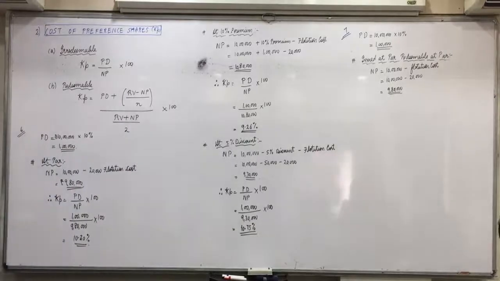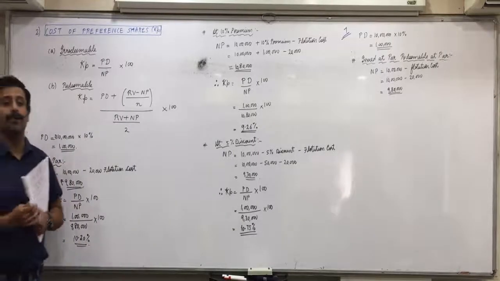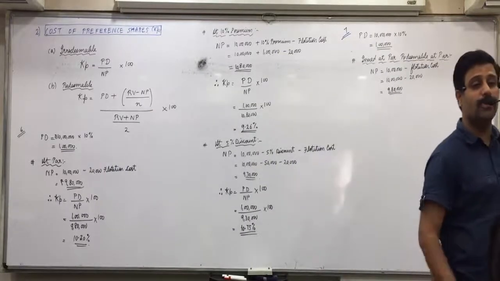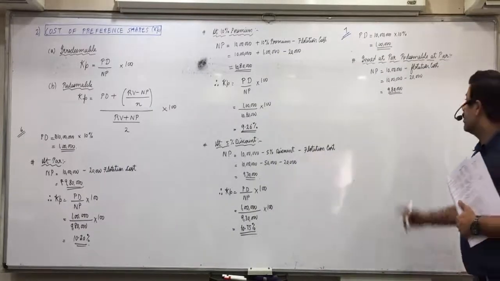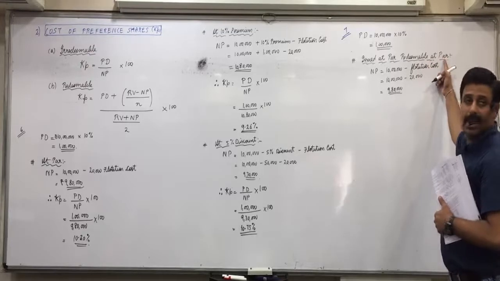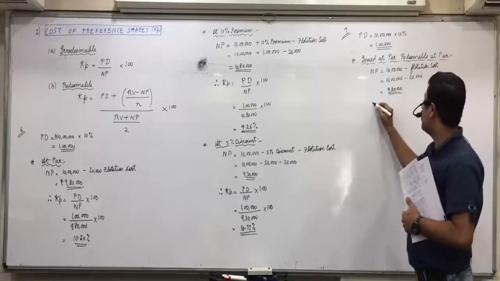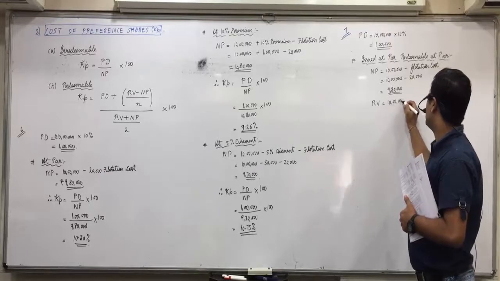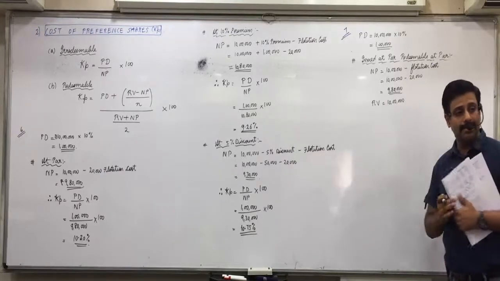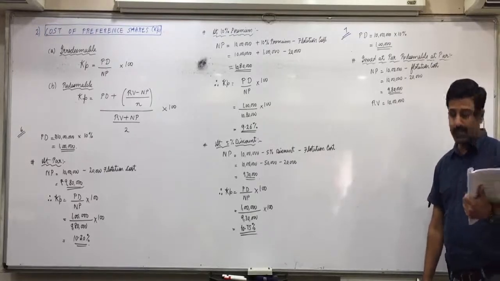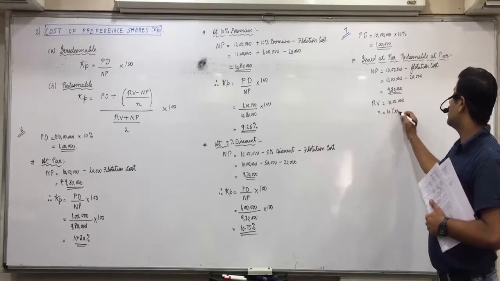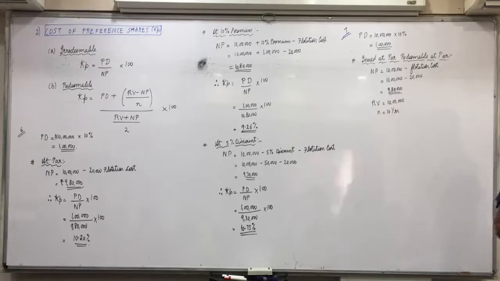All of you are clear with this? Further, the redemption at par. From that we will get the redemption value. What will be the redemption value? 10 lakhs. Redeemable at par, so it will be 10 lakhs. And what are the number of years? 10. Any confusion with this information? Raise your hand. All are clear with this?